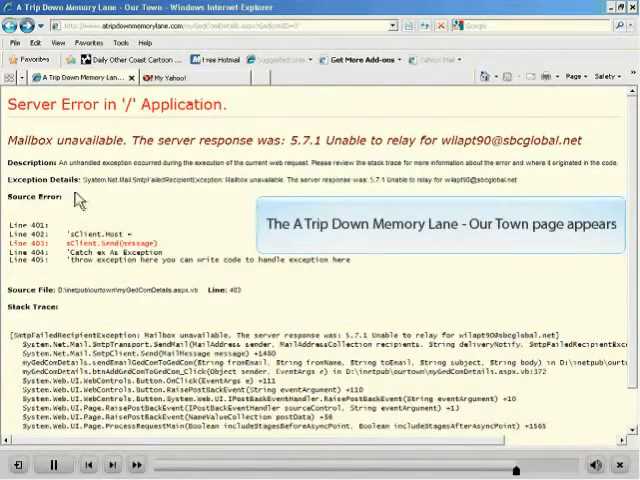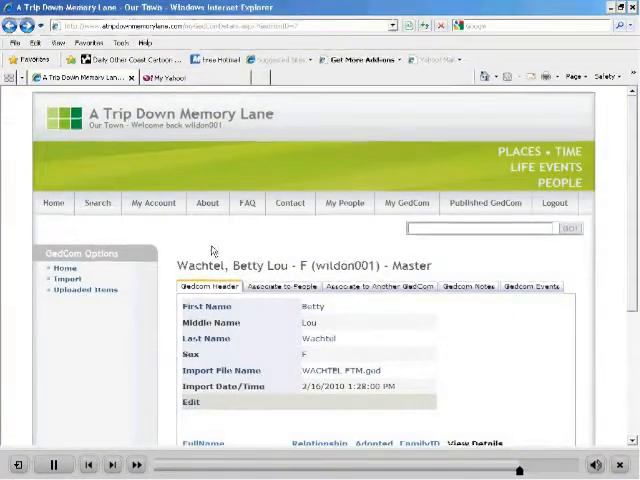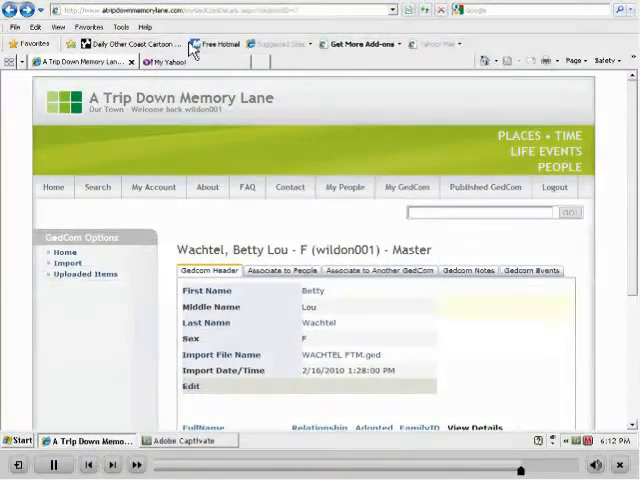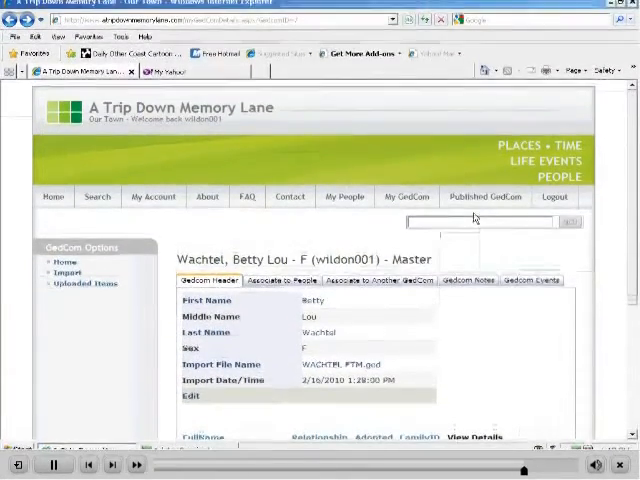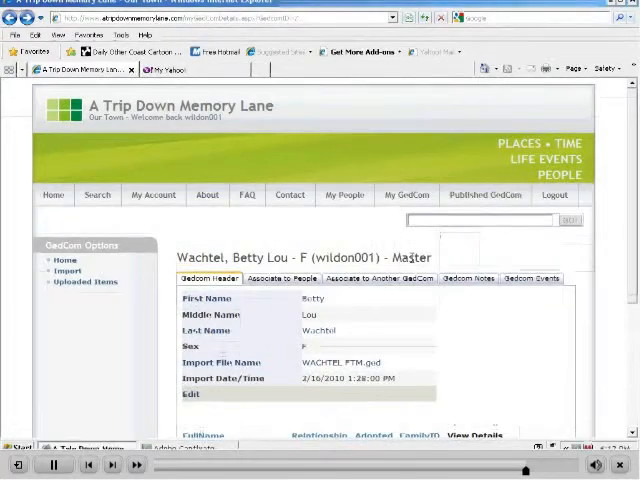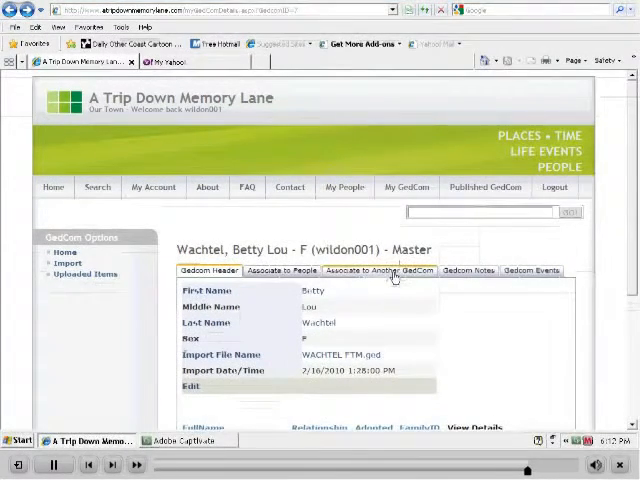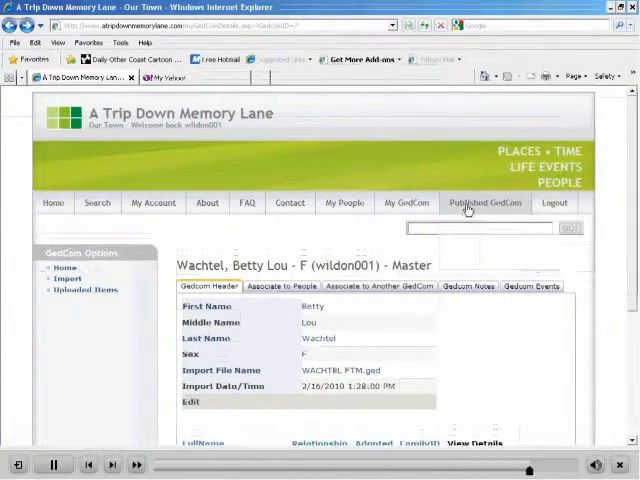So now, if you look at Published Gedcom, you only see one Betty Lou Wilson, and it's a master. And if you click View Media,